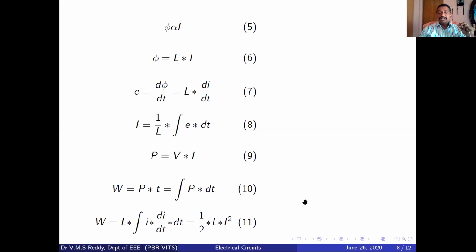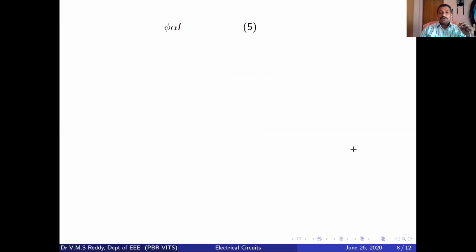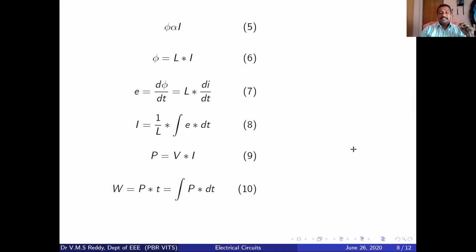So remember, students, what is the magnitude of energy in the inductor? It is stored. But what is the form of that stored energy? In the form of magnetic field. Why? In case of this inductor, whenever we give the supply or excitation, immediately the magnetic flux is produced in the inductive coil. So the energy stored in the inductive coil is also in the form of magnetic field.